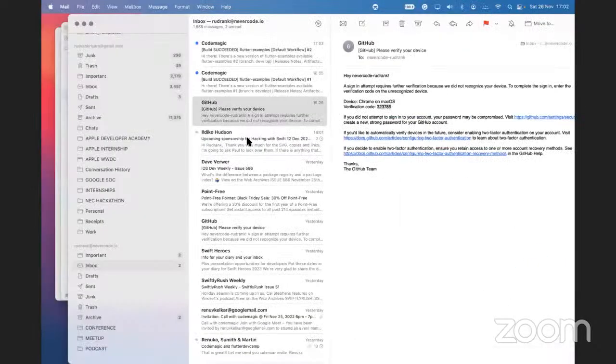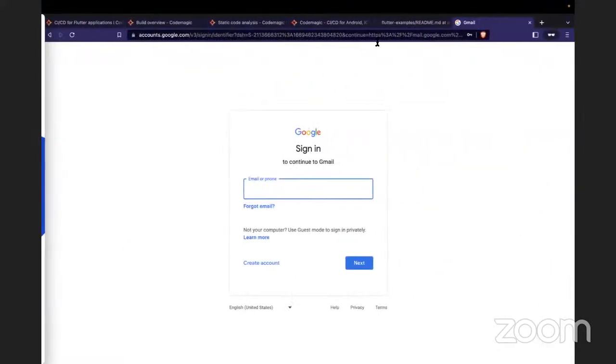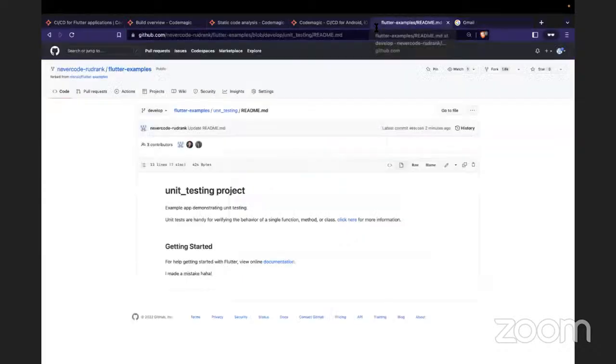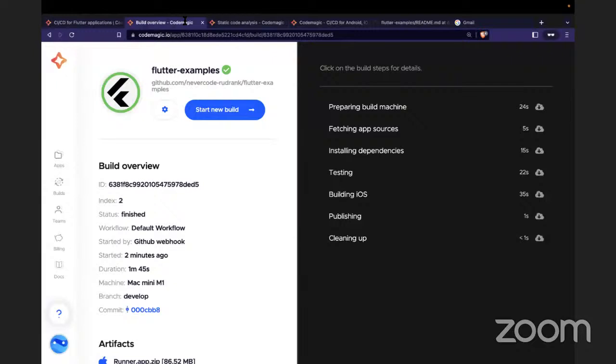And on the notification parts, if I see my mail, I have got 2 mails from Codemagic that my build has succeeded already. And this was the one that was done automatically when I made the changes in the README file. So you can see a very practical example of a CI/CD pipeline where I'm committing the code to a Git repository, and it automatically starts a build where we are analyzing the code, testing the code, building the code, and you can also publish your app directly, or you can just make sure that the changes that you made, all the builds and the tests are passing